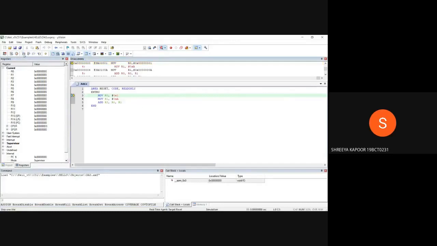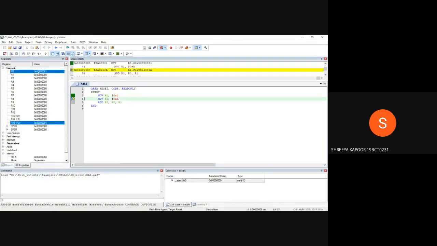Now I will explain the output. We click on the step one line button, which will execute our program line by line. In the first step, the value 1 has been stored in the R0 register.